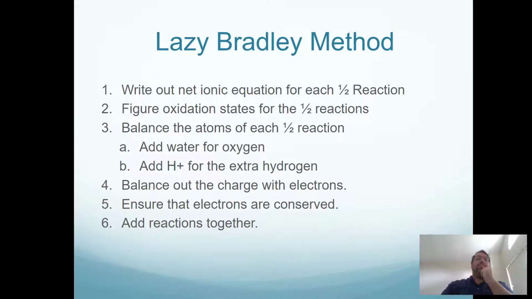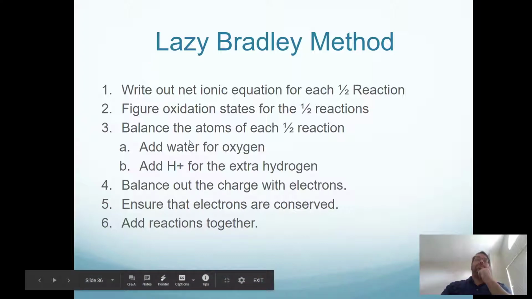Okay. This right here is essentially what I like to call the lazy Bradley method. What I like to do is write out the net ionic equation for each reaction, figure out the oxidation states for the half reactions, so I figure out everything's oxidation state, balance the atoms of each half reaction, balance the charge, and when I go through and balance, what you'll see is that we'll end up adding